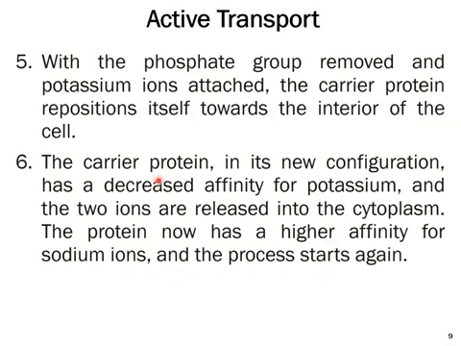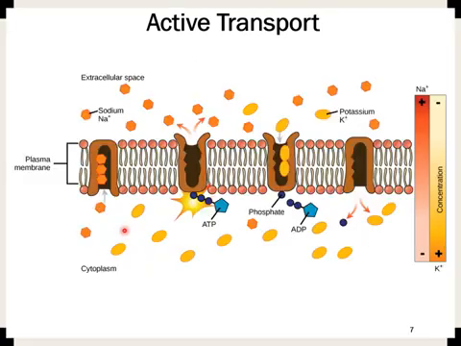The carrier protein, now in its new configuration, has a decreased affinity for potassium, and the 2 ions are released into the cytoplasm. So now when the protein is oriented towards the inside of the cell, it has a decreased affinity for potassium, and the ions which were attached to it are released into the cytoplasm. And again, when the ions are released, the protein has a higher affinity for sodium ions again, and the process starts again. So you can see here that after releasing sodium, 2 potassium ions got attached to the protein,